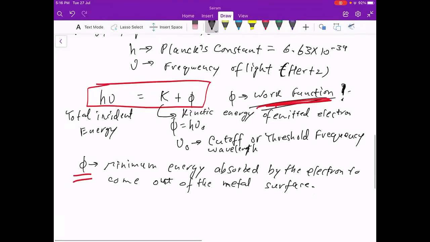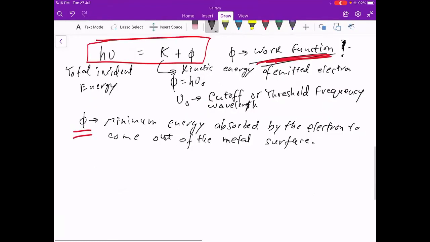See, energy can neither be created nor destroyed, because of Einstein's E equal to mc square. In nuclear reactions and chemical reactions, mass is converted to energy by the formula E equal to mc square. But until we get to that part, we can totally ignore the fact that energy and mass are interconvertible. You can think of energy as a conserved physical quantity. So conservation of energy is applied.